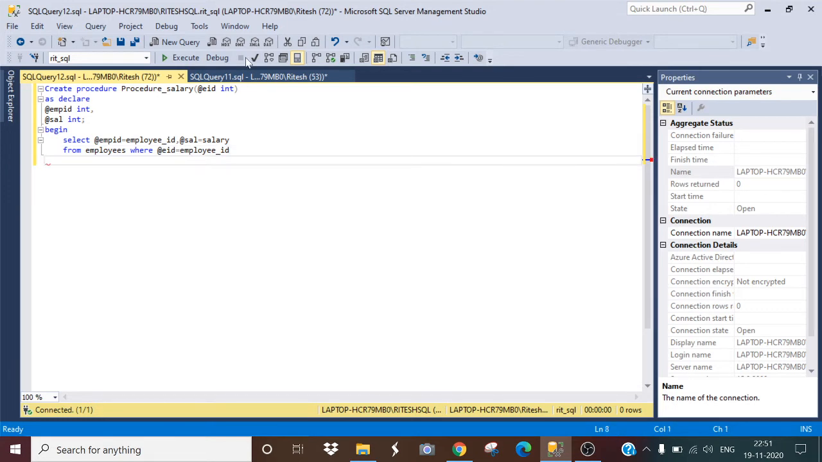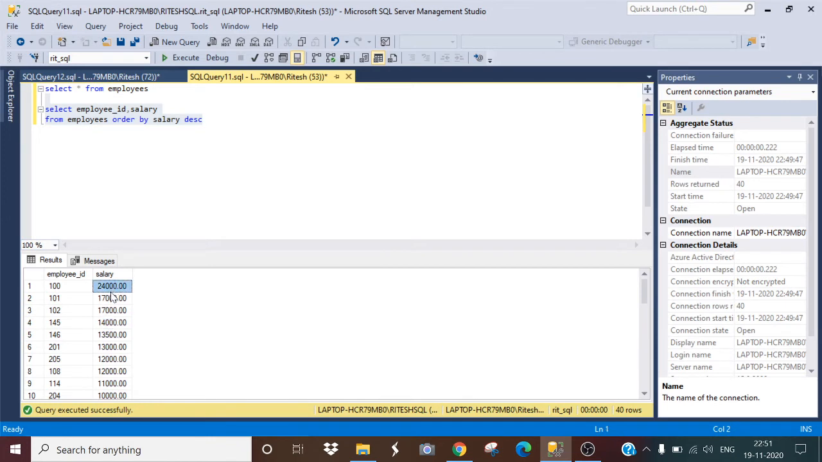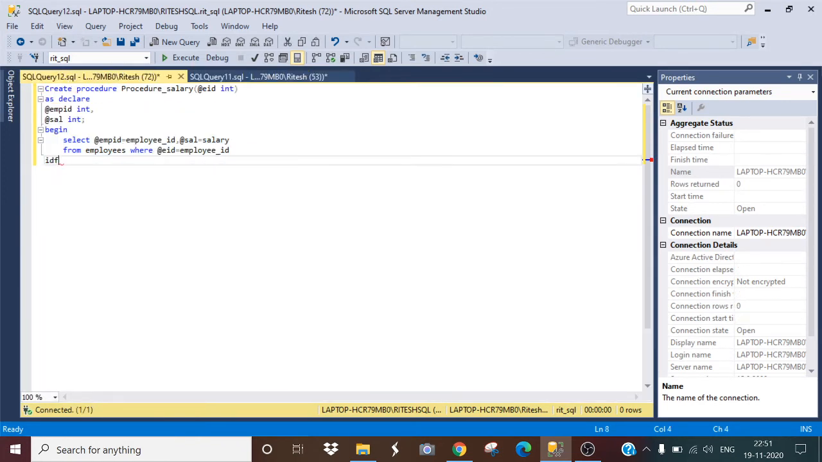Now I will put the condition that 24,000 is my highest salary. So if @sal is greater than or equal to 24,000, then I want to print this as highest salary. For printing this I have to convert this integer into varchar. So how can I do this? Print cast @sal as varchar, and I will put the limit as 100, plus it will be my highest